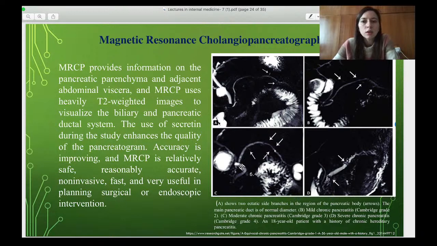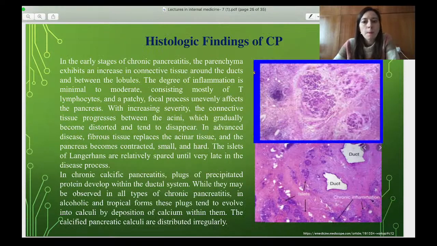And next, histologic findings of pancreatitis. In the early stages of chronic pancreatitis, the parenchyma exhibits an increase in connective tissue around the ducts and between the lobules. The degree of inflammation is minimal to moderate, consisting mostly of T lymphocytes, and a patchy focal process, and